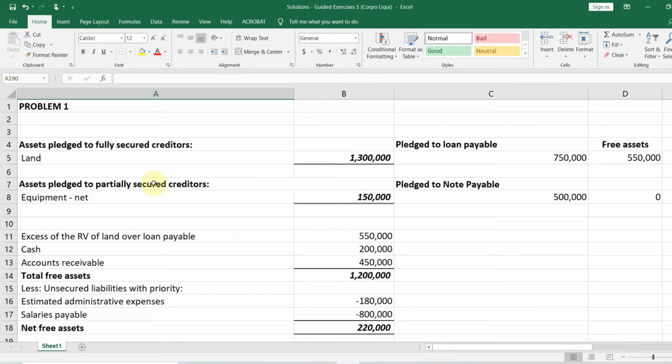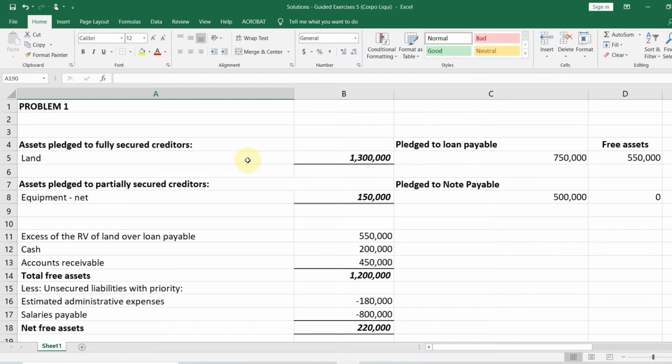Everyone, here are our guided exercises for corporate liquidation. Here is the solution. Kindly get your copies of the guided exercises. If you don't have any copies, sasabihin ko naman yung mga details. Okay, so let's start. You were asked, given a financial statement, the assets, the liabilities, and